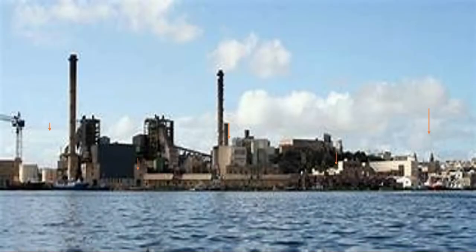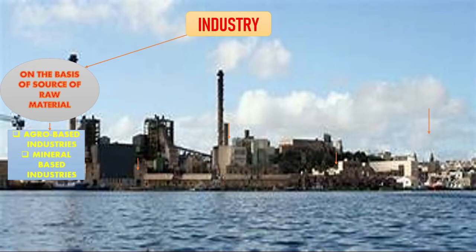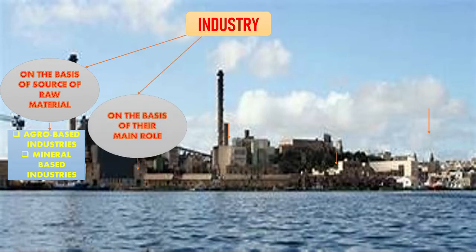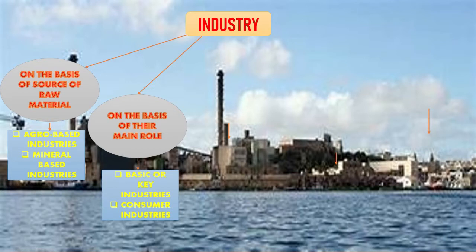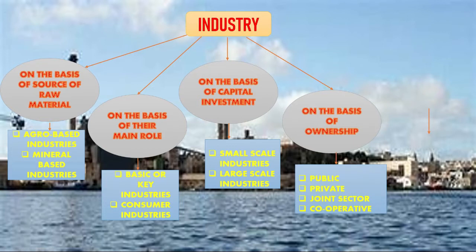Now let us know about the classification of the industries. The industries are classified on the basis of source of raw materials, which are again subdivided into agro-based industries and mineral-based industries; on the basis of their main role, which are again subdivided into basic or key industries and consumer industries; on the basis of capital investment, which are subdivided into small-scale industries and large-scale industries; on the basis of ownership, which are subdivided into public sector industries, private sector industries, joint sector industries and cooperative industries;